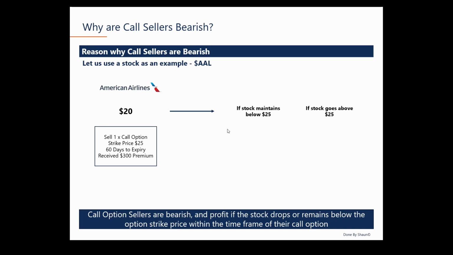So what this means is now you have the obligation to sell 100 shares of American Airlines at $25 at the end of 2 months. Now, two scenarios can play out. So scenario number one,